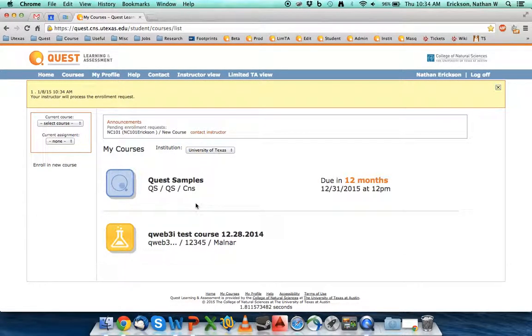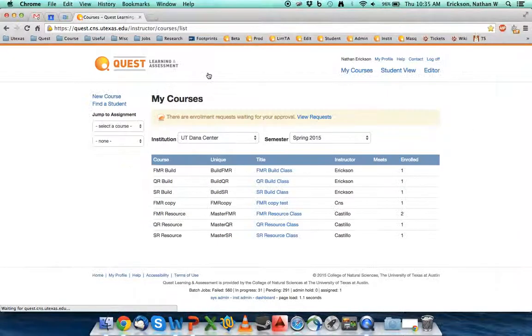Once I do that, a message gets sent to the instructor's side of Quest, and a notification will pop up when we go in as an instructor. So I'm going to switch over to the instructor view, and I'm going to see that there is a new little view up here called pending requests, where I can view the requests. So this is where I can go and see the view. There's another way to do it. If I want to just check to make sure that I'm looking at the right thing,